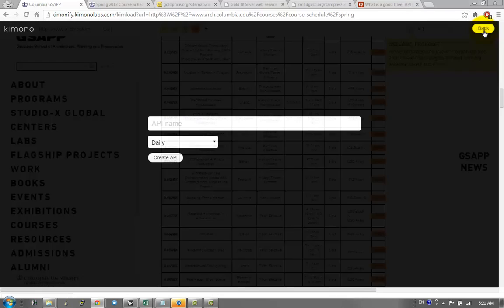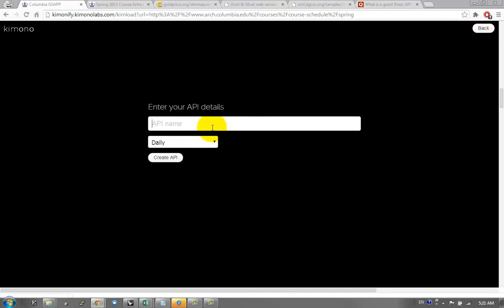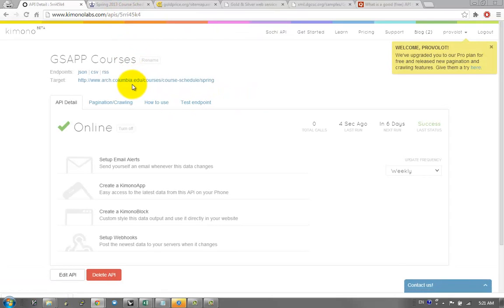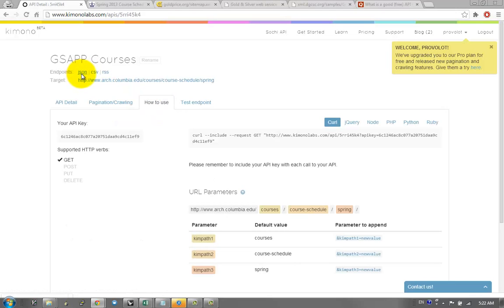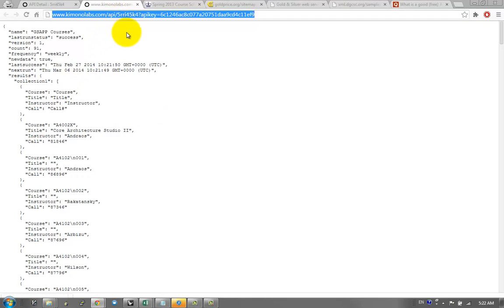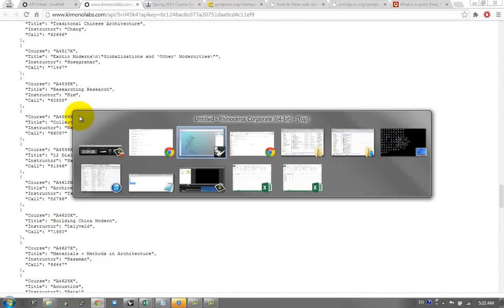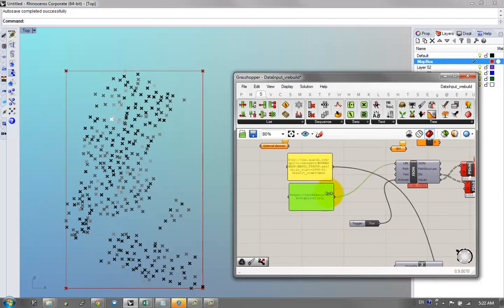But I'm just going to do this as an example, so I'll click on done, and then I'll say GSAPP courses, and let's say I only really want it to query weekly. So what services like this will do, or what web scraping will do, is now I get an API, and it looks like I can use a JSON. Use this URL to get this JSON file. So all of a sudden you can see that this is now formatted like this, which is really exciting because then I can go into